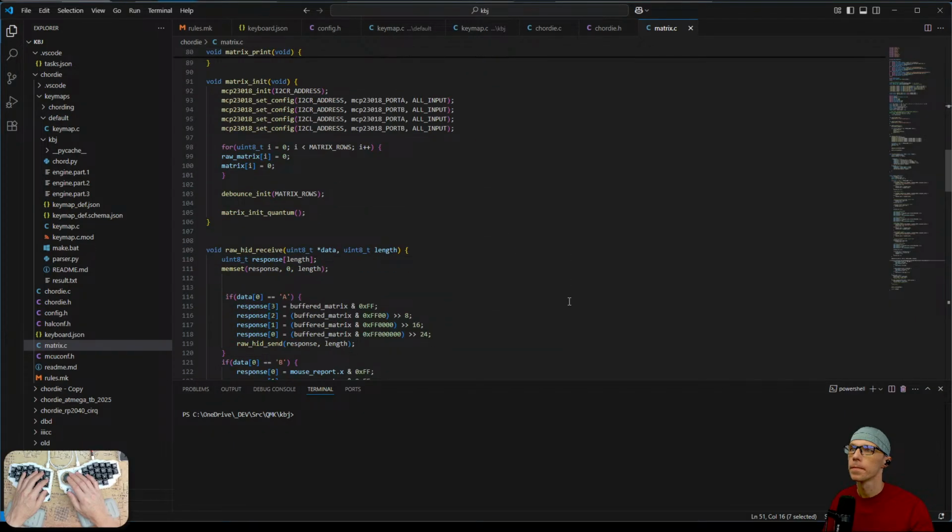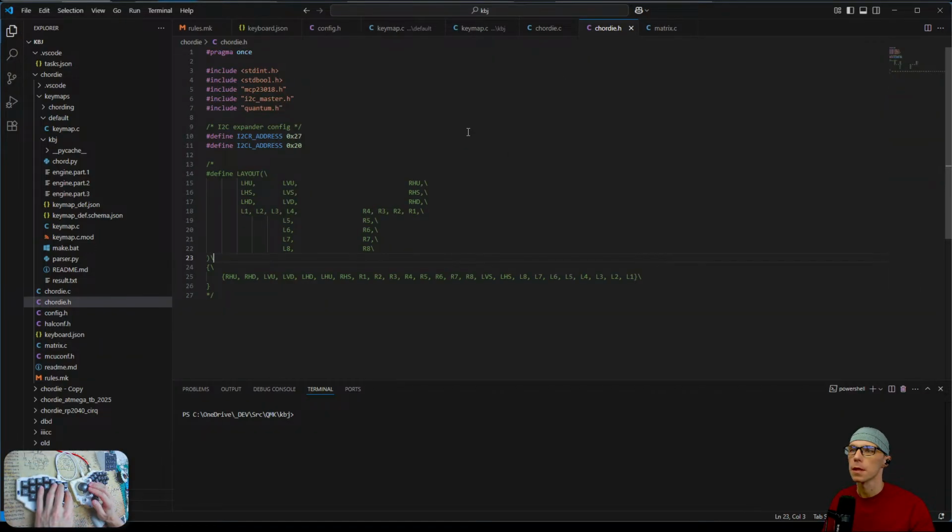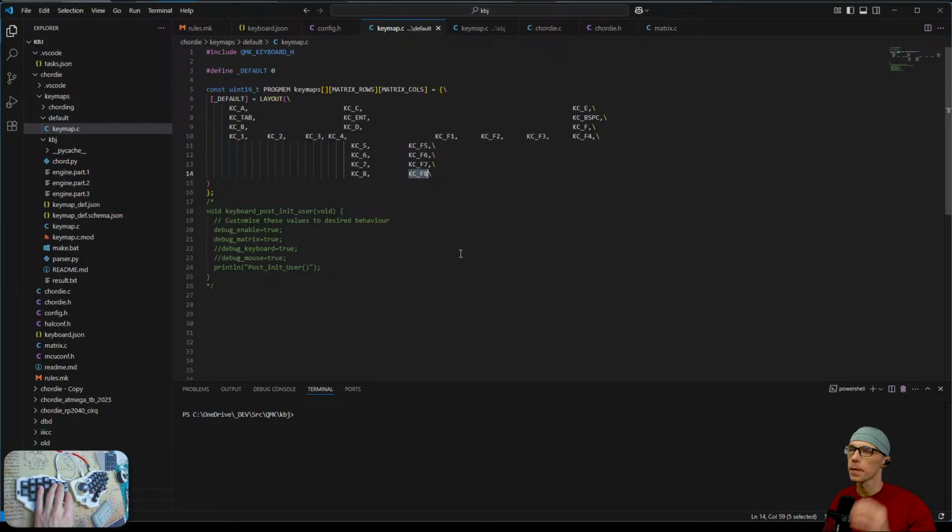Okay, maybe before, I was thinking of changing the layout for a while. So instead of having all those keys, maybe we can just put no output to all of them, and then we'll be able to see, hopefully, if there's anything happening with the matrix. Okay, now I know why we have no matrix output. Alright, so maybe we don't really need to do that. Maybe we don't really have to remove all of those. It's a little bit risky,